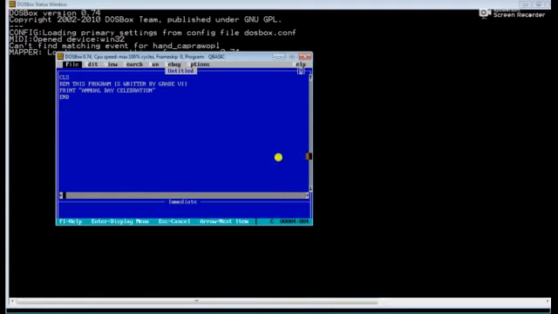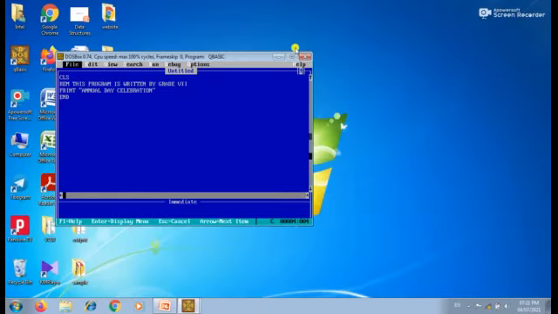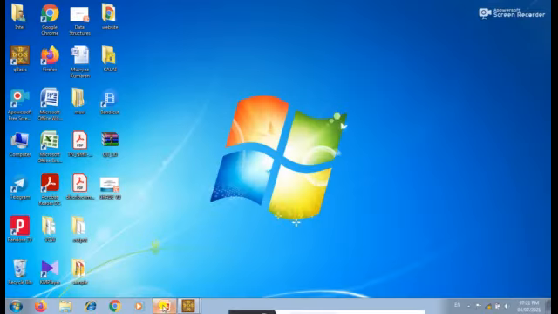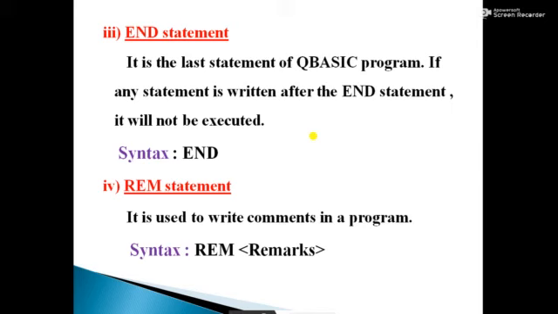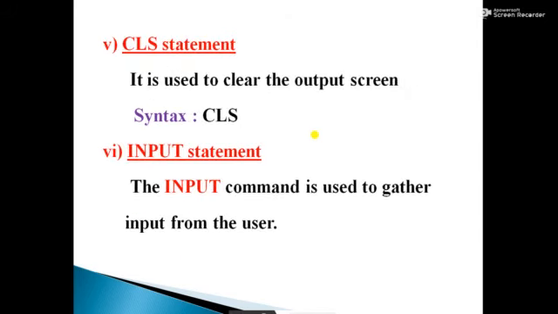Okay. The next concept is, so how many concepts have we discussed? The REM statement, then the print statement and the let statement, then the next one is the clear statement. When I explained the print statement, we discussed clear screen also. Isn't it? You know very well, in the previous video class also we discussed. So clear screen is used to clear the outputs of the previous program.